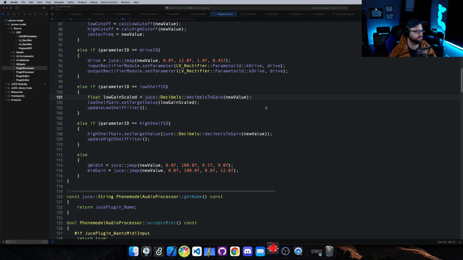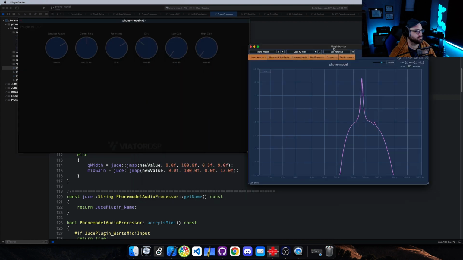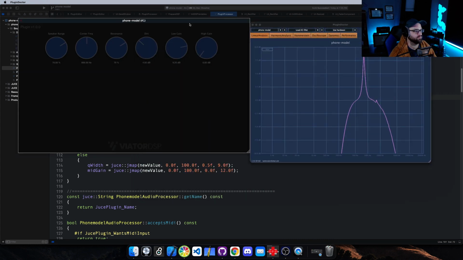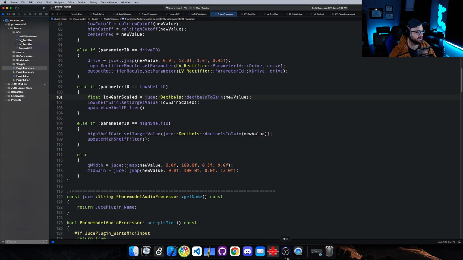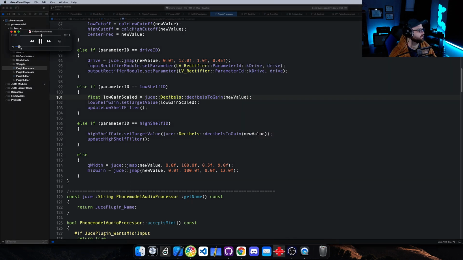Wonder if that was the issue. Maybe I'm not supposed to use set target value. Let me see what